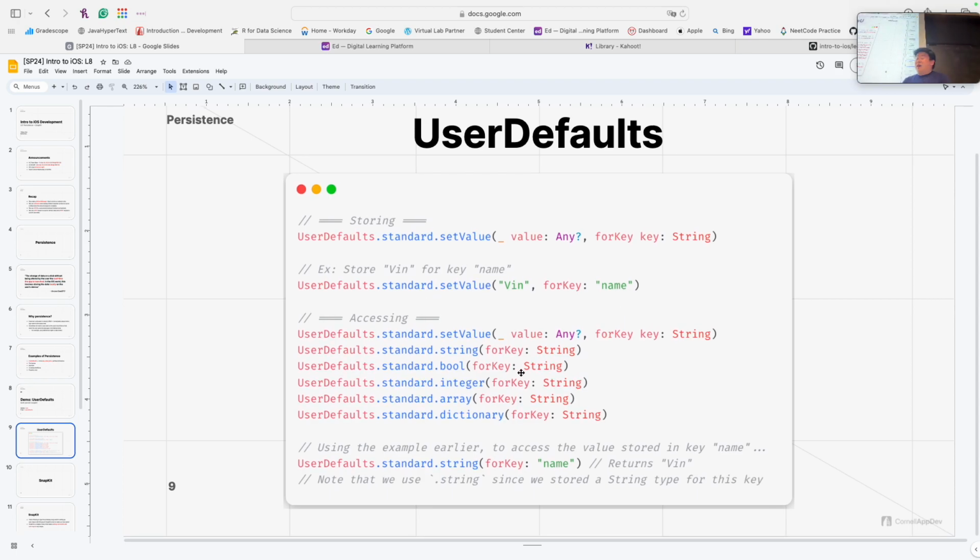And again, we can also access our data like so. What you can do here is access our data using something like string or array or whatever here. I only demoed array, but you can fetch many different things from persistent storage, and you specify that by saying UserDefaults.standard and whatever type of item you're fetching, and there'll be a custom function that grabs whatever type from that key.